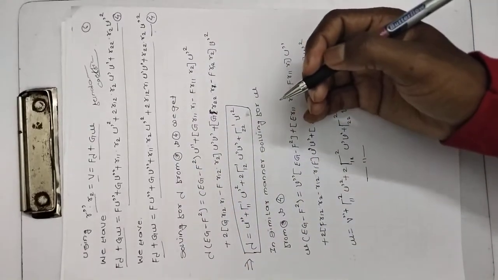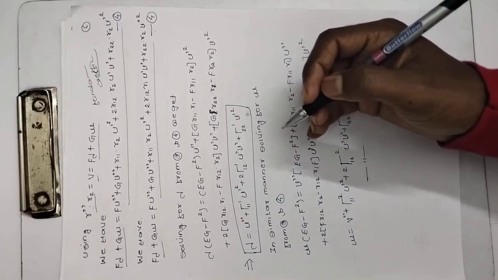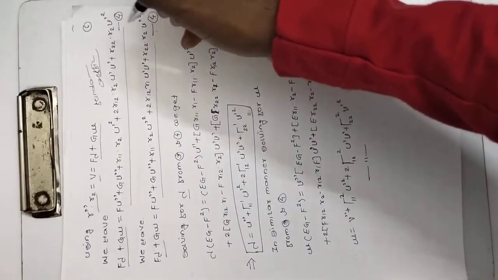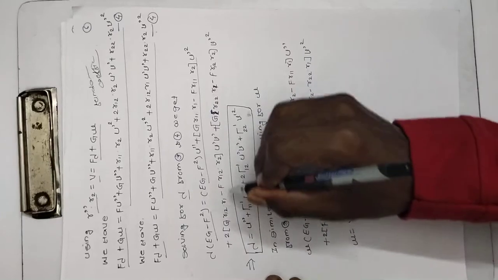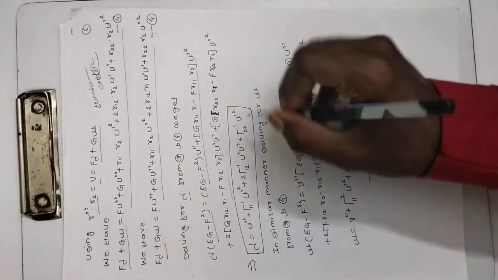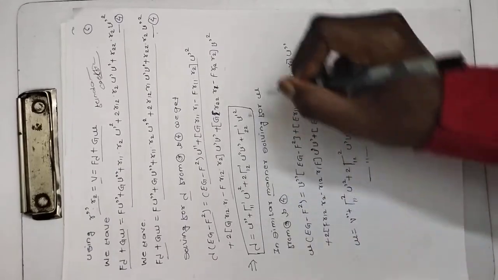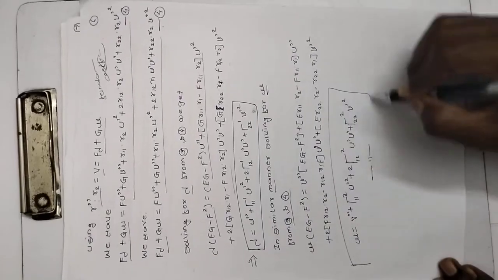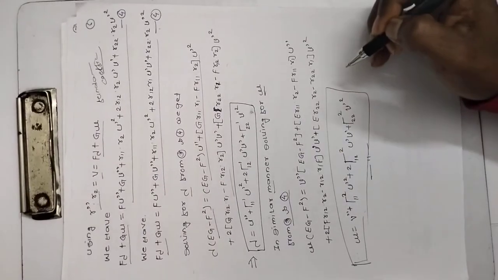So we must determine the values of lambda and mu. First of all, we find lambda. Solving for lambda from equations 3 and 4, the calculation part is that from equations 3 and 4, lambda is common on both sides. So we get this total one term. So lambda is equal to this, using the Christoffel symbol: lambda is equal to u double dash plus the Christoffel symbol of this. And similarly we have to find mu from equations 3 and 4. The value of mu, or its calculation part, we can show here.